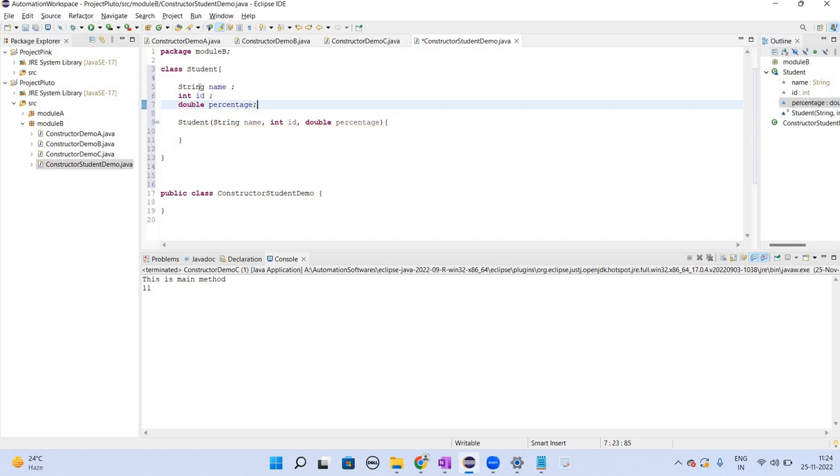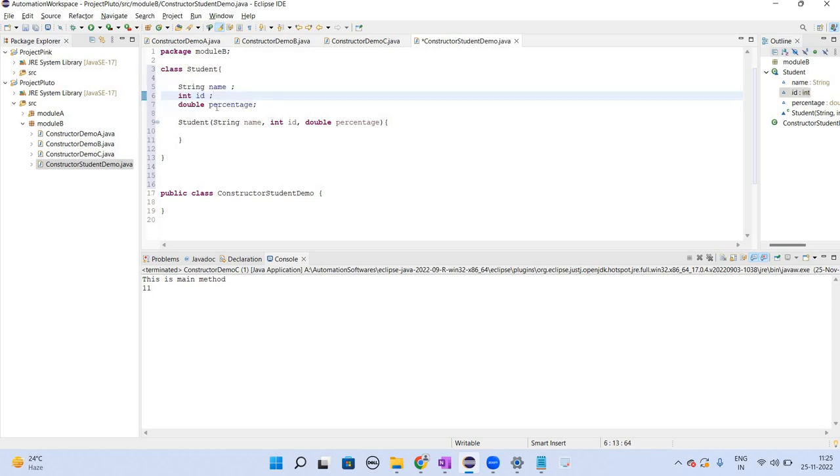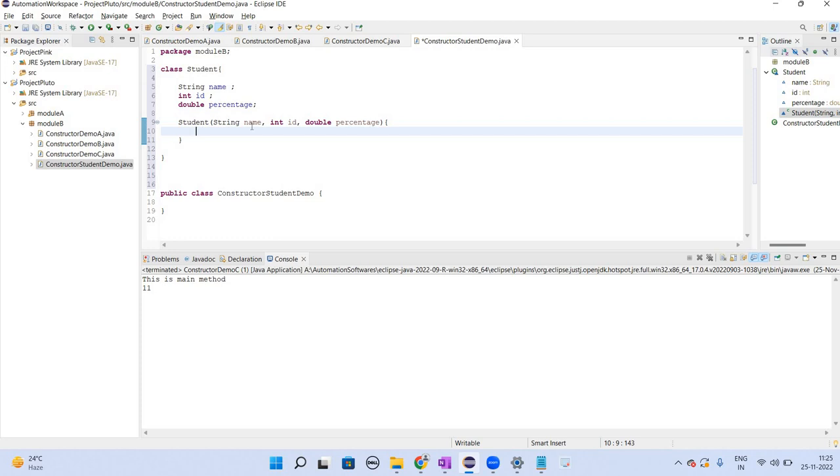So these are the three non-static members of a student class. For a student we will have a name, an ID and his percentage. So three members for a student class, and a constructor for which we are passing